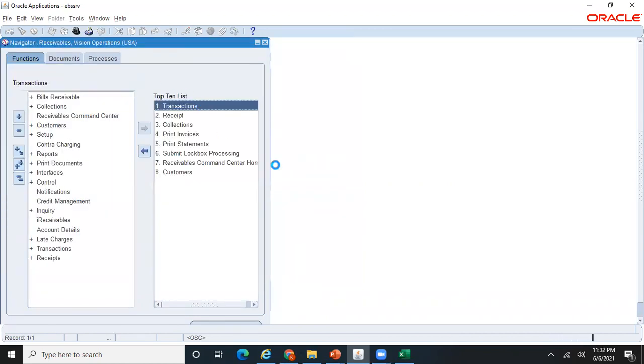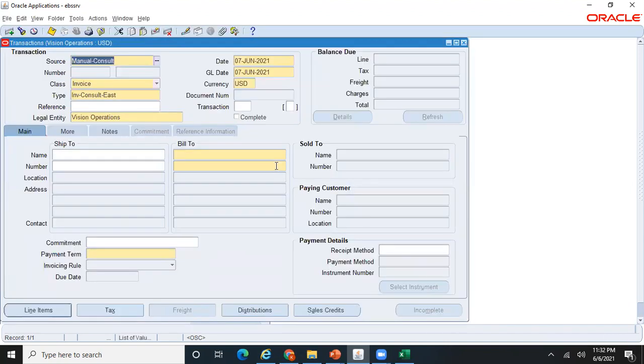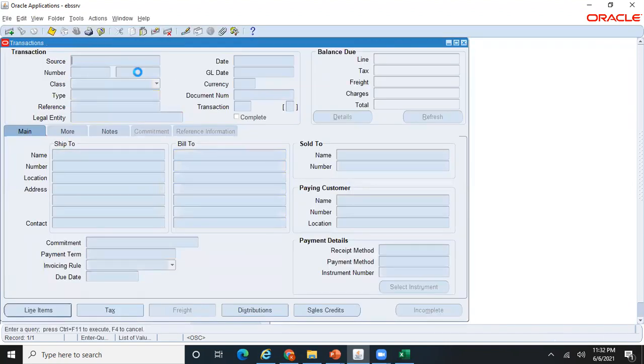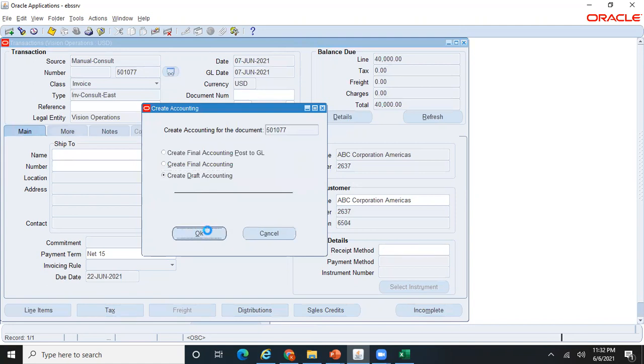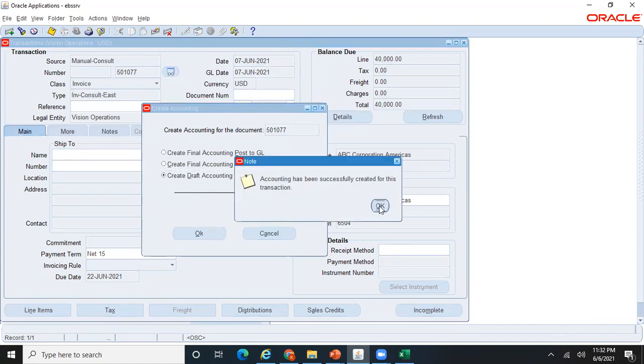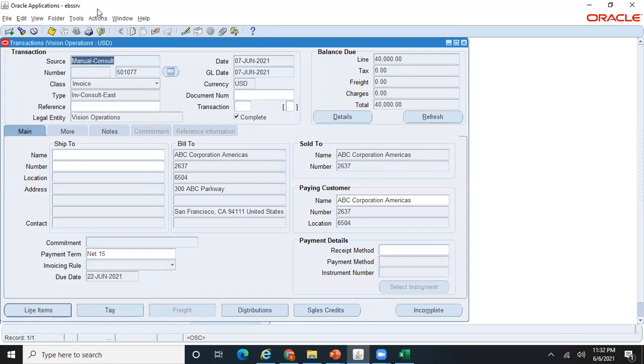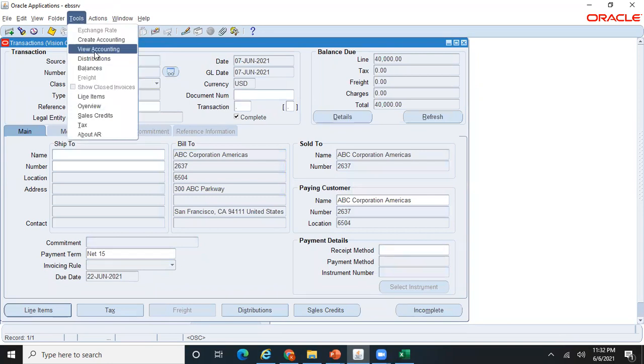Now let me go back to my receivables. Just search for that invoice, and as we have already created accounting for this invoice earlier in draft mode, you can reuse the same invoice and again run create accounting. Now it should use the latest application accounting definition which we have assigned, which is balancing method. Let me check the view accounting.